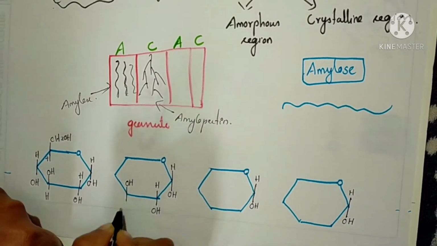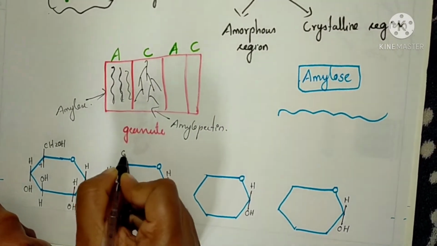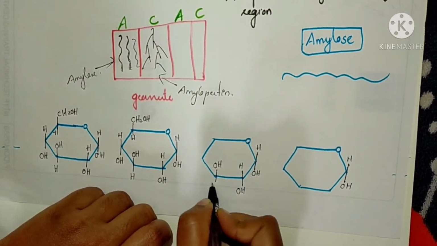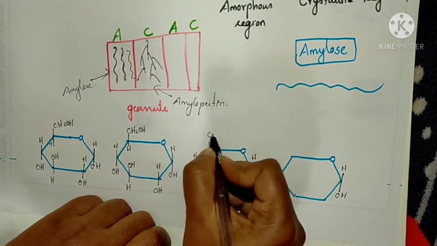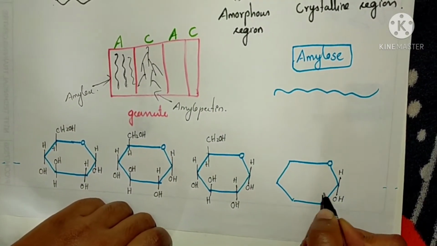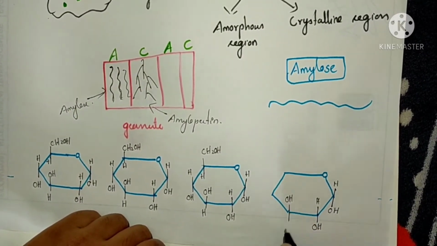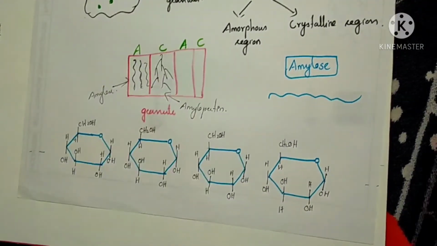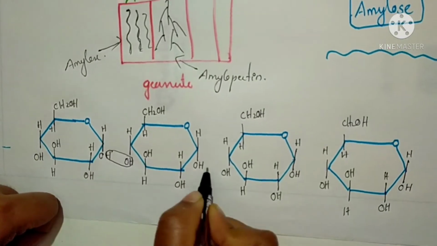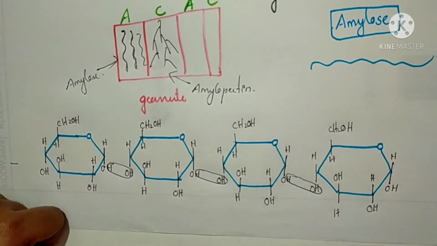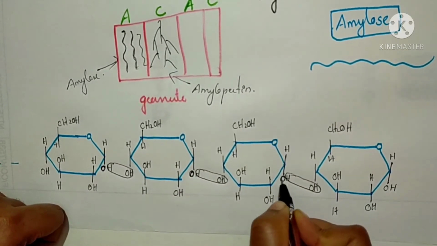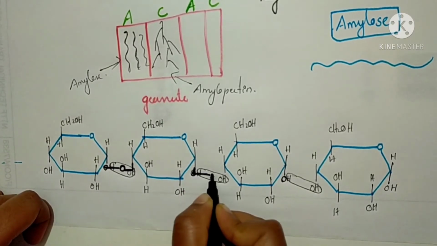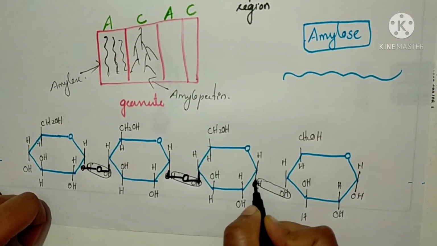The only difference between alpha D and beta D glucose is at the first anomeric carbon atom: in case of alpha D glucose, the hydroxyl group is present in the bottom position, and in case of beta D glucose, the hydroxyl group comes in the top position. Just fill the bonds. To make the glycosidic linkage, the hydrogen atom of the first glucose unit reacts with the hydroxyl group of the second glucose unit and eliminates a molecule of water, and the remaining is only one oxygen atom. With this, the two glucose units are linked together.